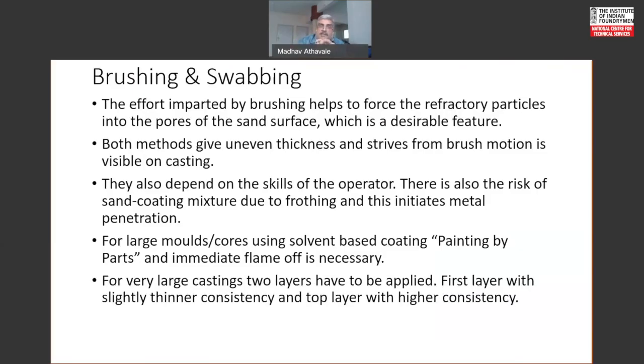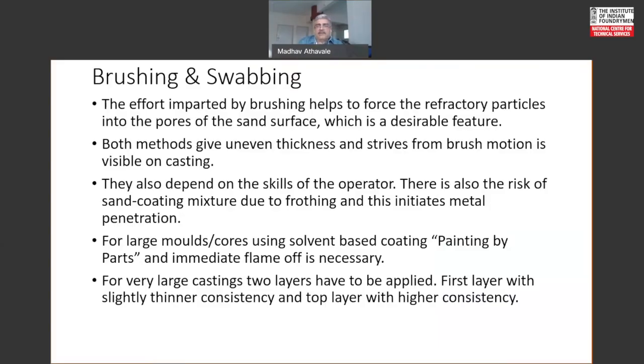For very large castings, sometimes 2 layers were required to be applied. Then generally the first layer will be used with a slightly thinner consistency. So whether it is water-based or alcohol-based, you would make a slightly thinner viscosity and then apply the coating. That would allow the fillers to seep inside the coating layer and you will get some depth of penetration into the sand substrate so that you ensure that the voids are filled to the extent possible